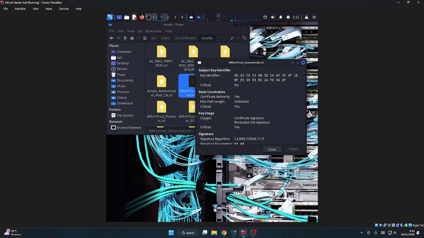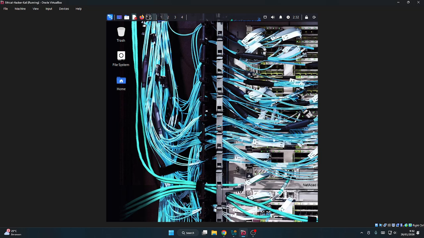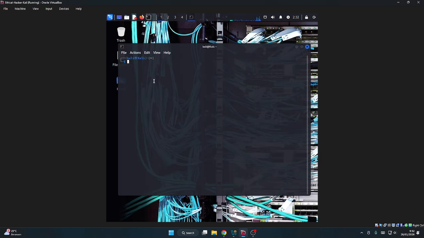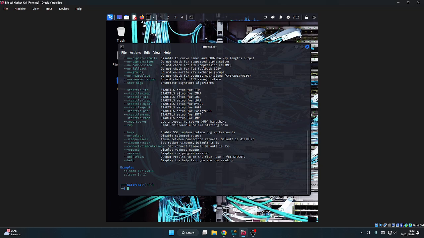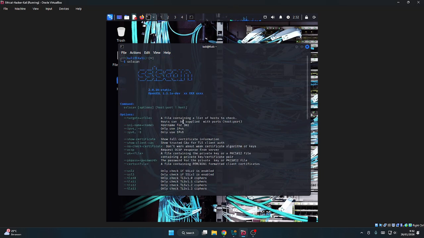We can use the SSL scan. We can see there is SSL scan with version.